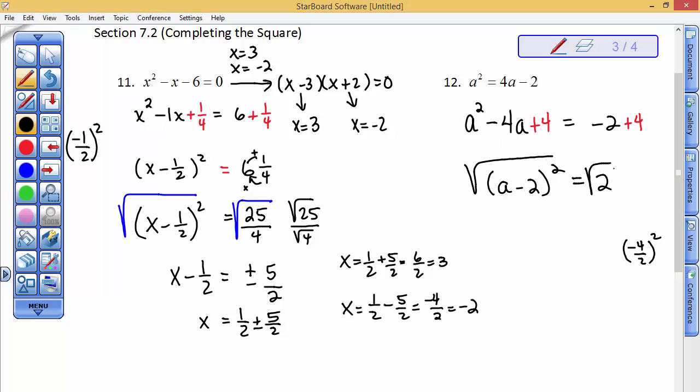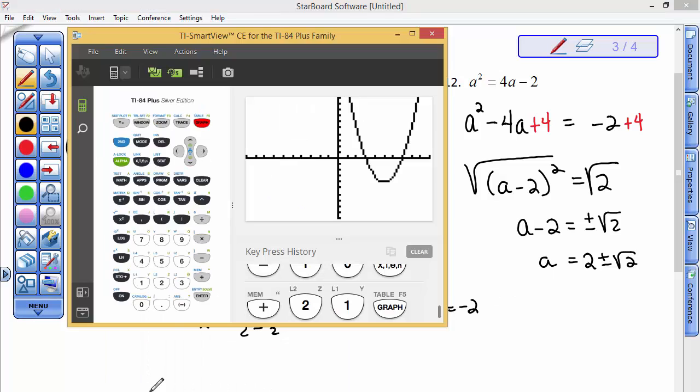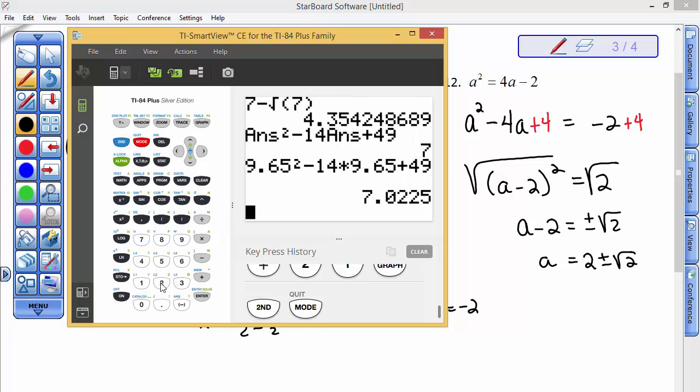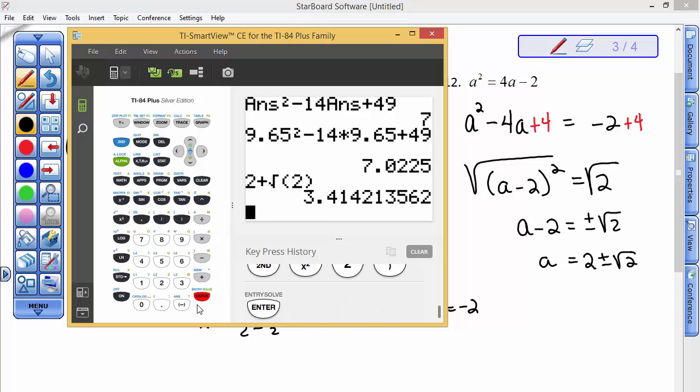I take the square root of both sides. I have x minus 2 equals plus or minus the square root of 2. And then when I move this -2 over to the right side, it's going to become a +2 plus or minus the square root of 2. This is the exact answer. Yes, you could take your calculator and get an approximate answer. 2 plus the square root of 2 is one of the answers, 3.414. And 2 minus the square root of 2 is the other answer,